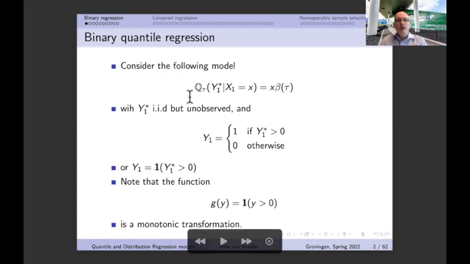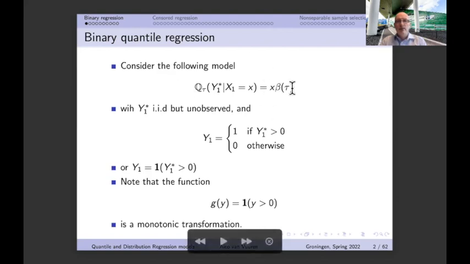That we're going to do over here, and we should realize that in the end it's not going to be that different from what we have in standard linear regression analysis. Let's introduce an outcome variable that we denote here by y1 star, and we're going to assume that in this case the quantile regression assumption is going to hold for this y1 star. So we simply are going to assume that the quantile at location tau of y1 star, conditional on x1 equal to x, is simply equal to x times beta tau.